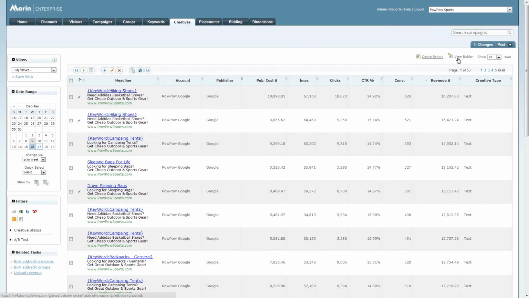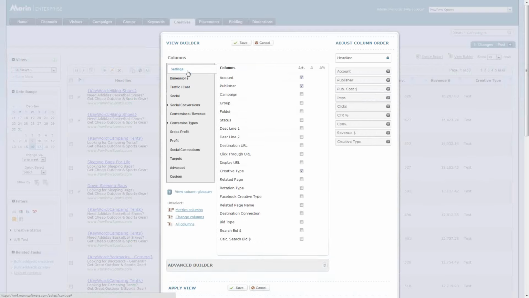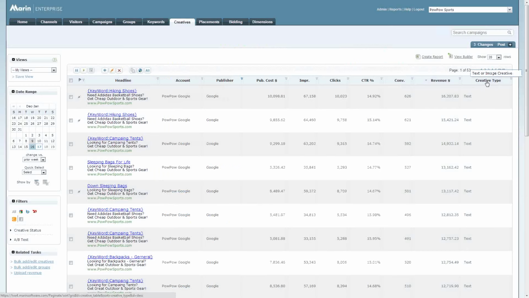In order to do so, navigate to the View Builder on the right-hand side, and under Settings, you'll notice that one of the options is Creative Type. By selecting Creative Type, it'll bring it into the application, and you can go ahead and change the column order to your preference. You'll notice that in this grid, Creative Type is to the right,